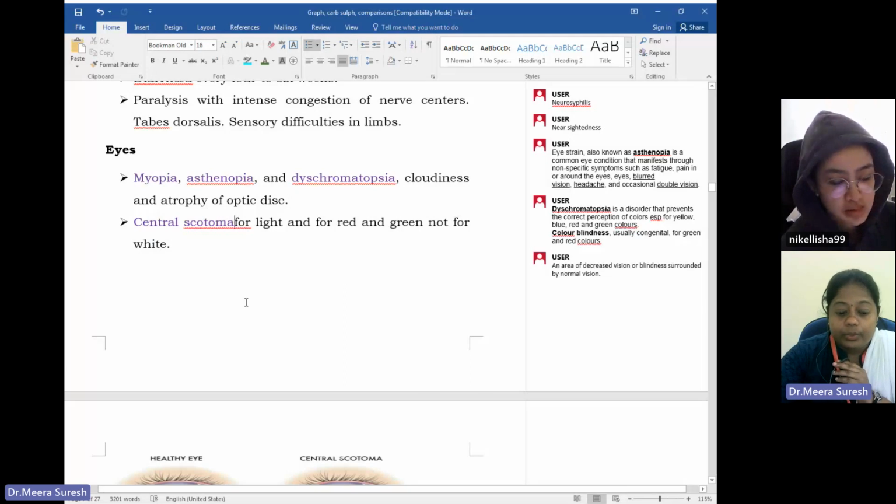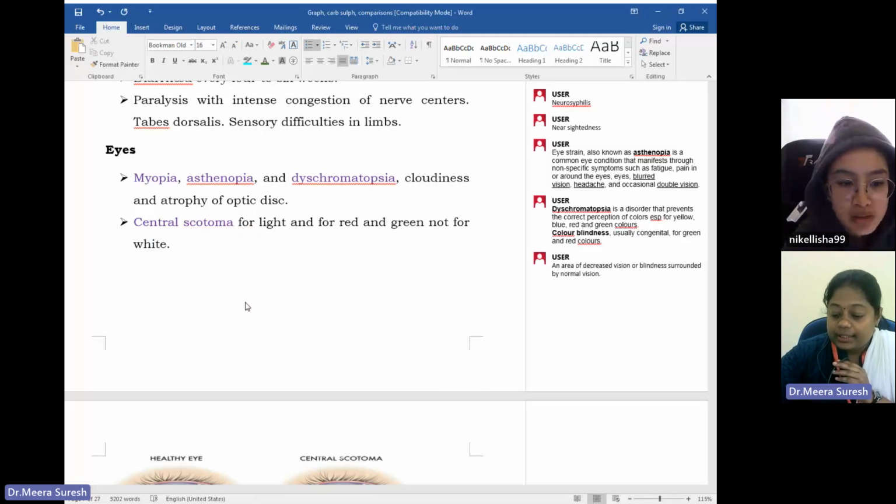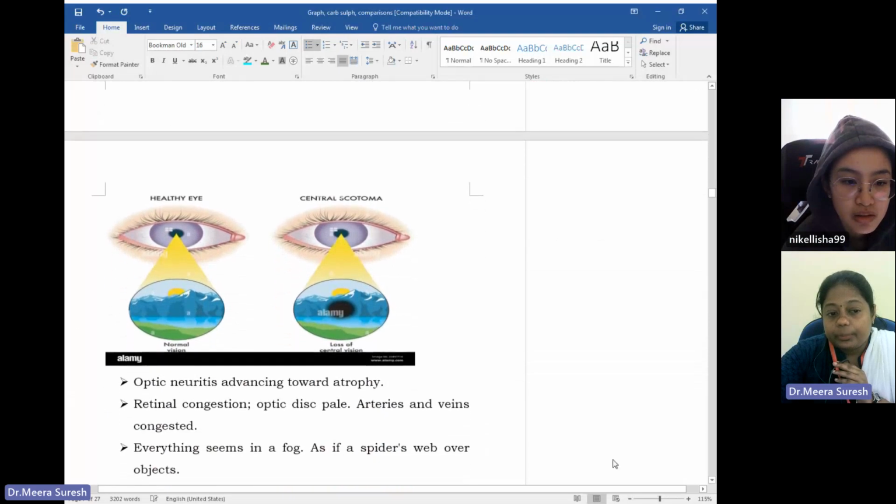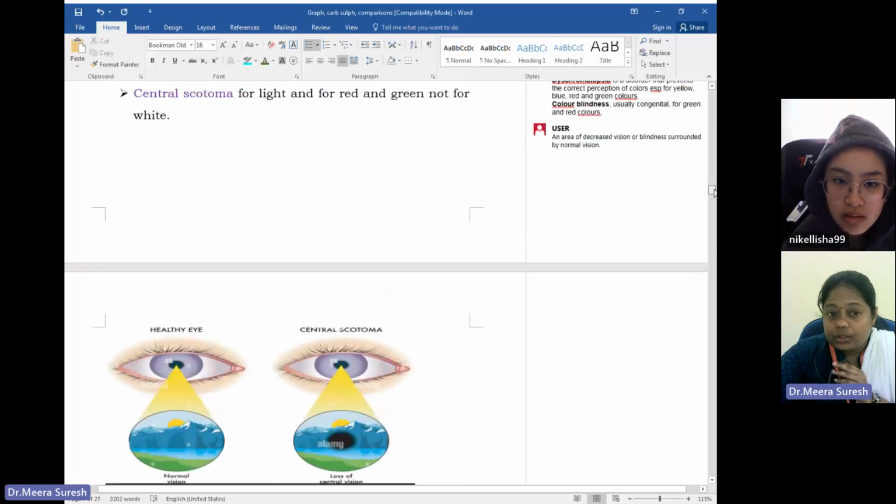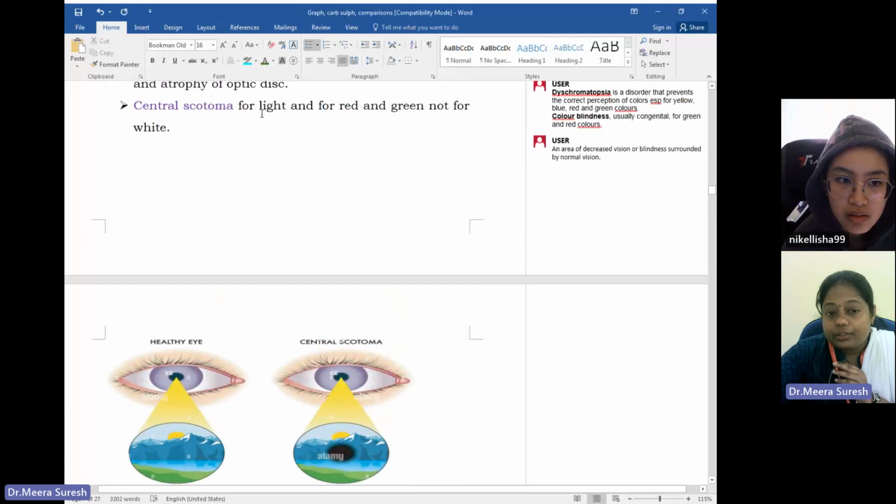Then there will be central scotoma, or the vision in the central part will be affected, or will be reduced when compared to the surroundings. So there can be central scotoma for light and for red and green color, but not for white color. So the central scotoma, the appearance will be like this. When the person is viewing, there is a blinded vision or a reduced vision in the center part, but not affecting the surroundings. And in case of carbonium sulfuratum, it's usually for light, red and green colors,